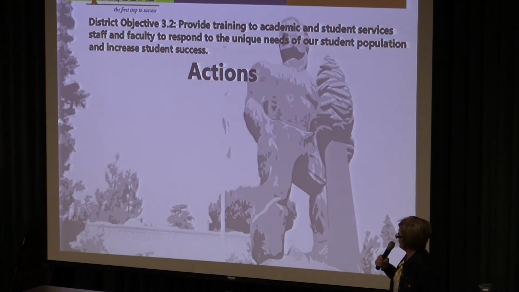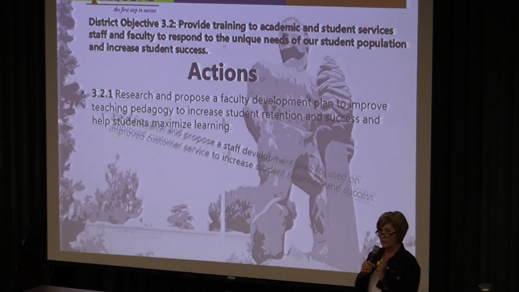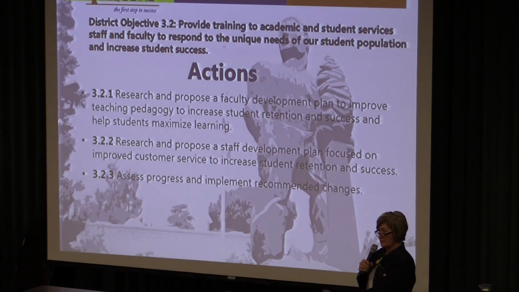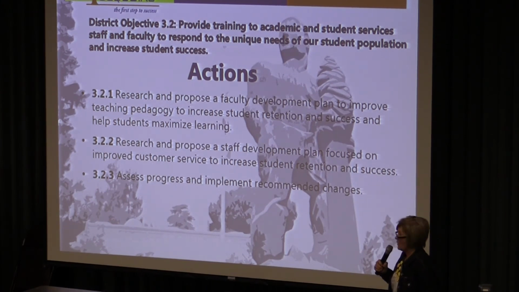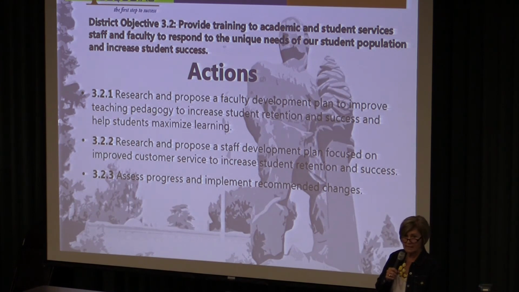Our next action is really geared more towards what faculty and staff can do. The student equity plan is more geared to things that we're going to do for students, services we're going to provide to students, and the actions for 3.2 are more the things that we're going to do for ourselves to improve our ability to serve these students that are in the achievement gap. We're going to research and propose faculty development so that we can look at best practices. What classes do these students succeed in? What do they have in common? What can we train ourselves to do better? We're already doing a lot right. We just need to identify those and teach new faculty and other people coming on board how to really address those students' needs.